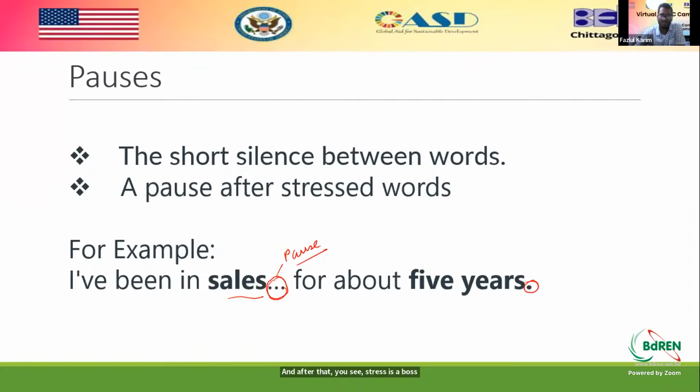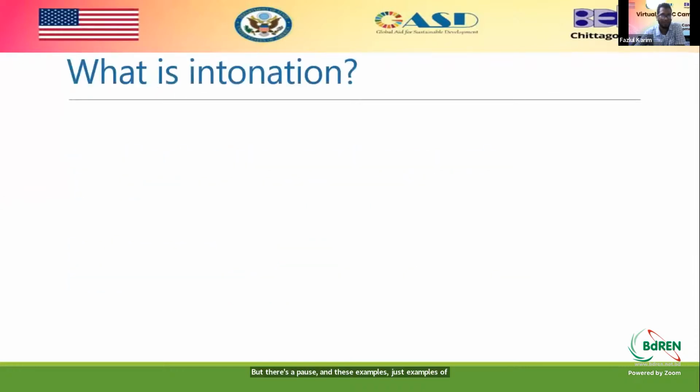So some speakers have longer or shorter pauses, but there's a pause. And these are examples of this. And what is intonation? Another important thing for being an impressive speaker in front of some official personalities or